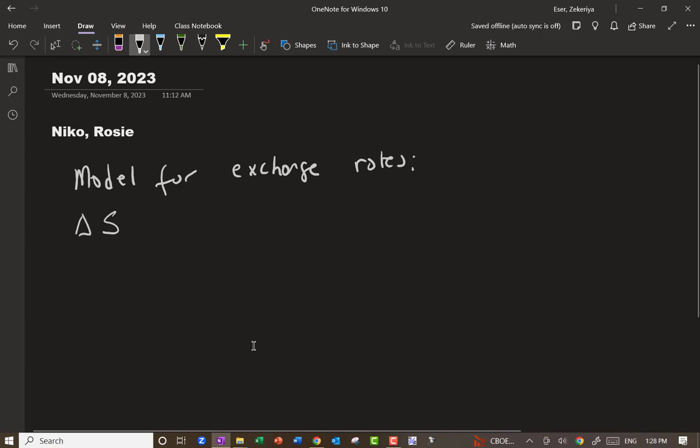I'm doing this kind of approximately. If this was the derivatives class, we would have used a little bit better math, but the change in the stock price, actually percentage change in the stock price or spot exchange rate,